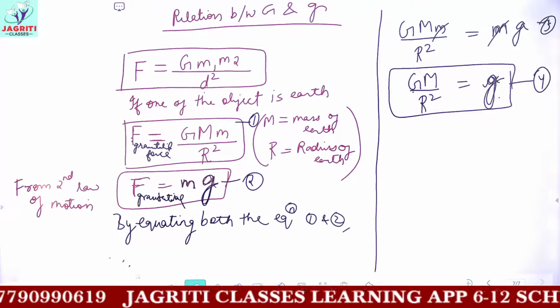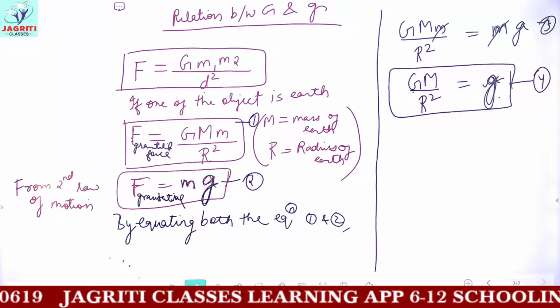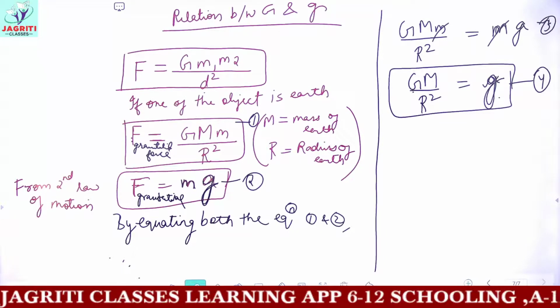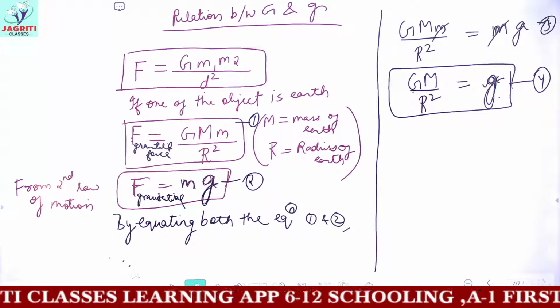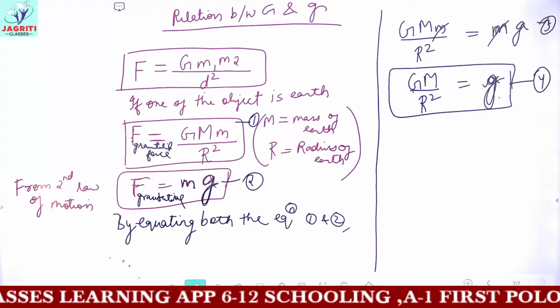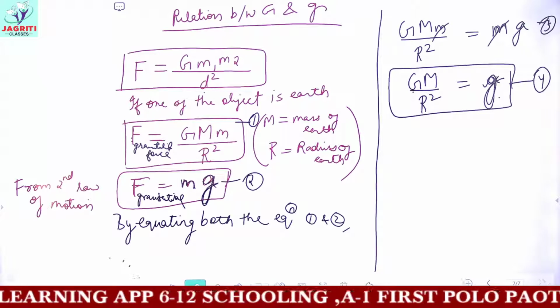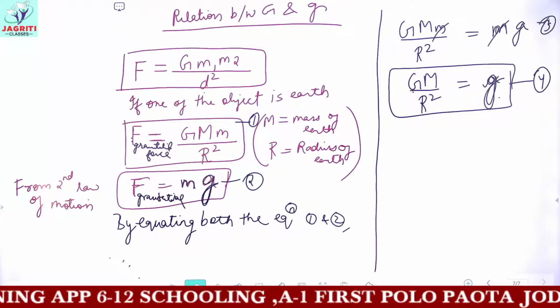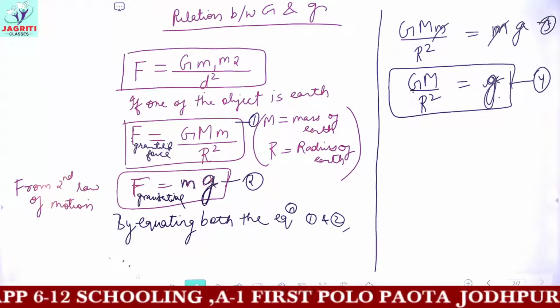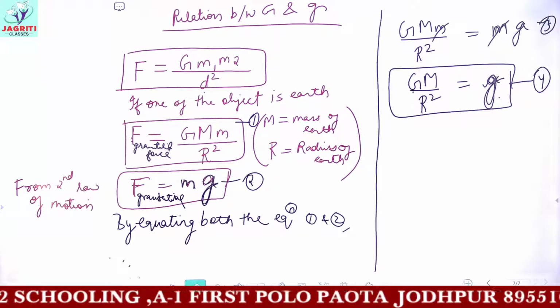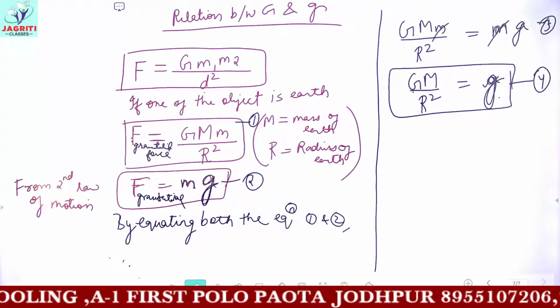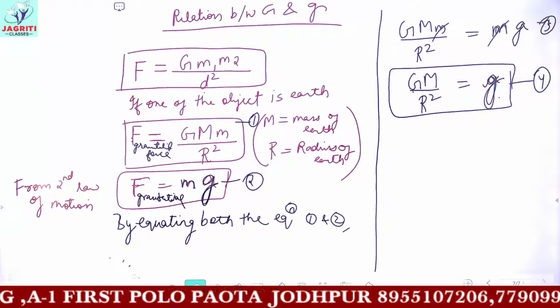And then we will be moving on to how to find the value of g, that is, how I wrote the value of g to be 9.8. So for finding the value of g, in your books you are given the mass of Earth and the radius of Earth. The mass of Earth is 6 into 10 raised to the power 24 kg, and the radius is 6.4 into 10 raised to the power 6.